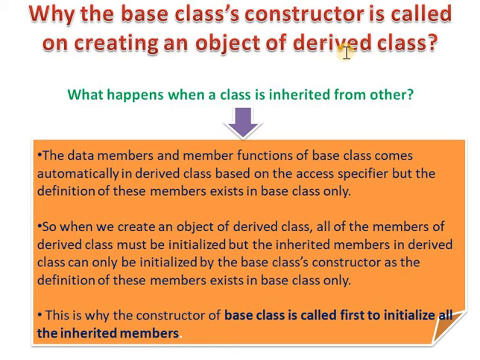Inheritance is the process of deriving one class from another class. The old class we call a parent class or super class, and the derived class we call a child class or subclass. There are different types of inheritance, like single inheritance, multi-level inheritance, multiple inheritance, hybrid inheritance and hierarchical inheritance. This is the basic inheritance concept.